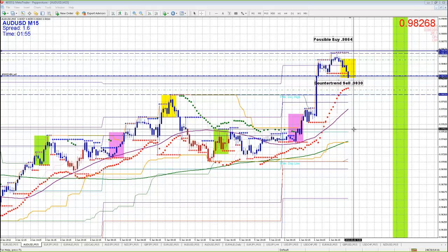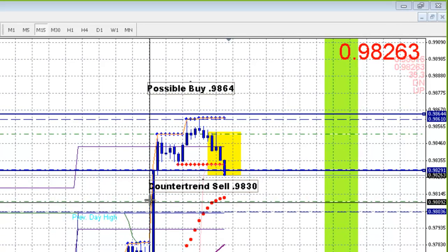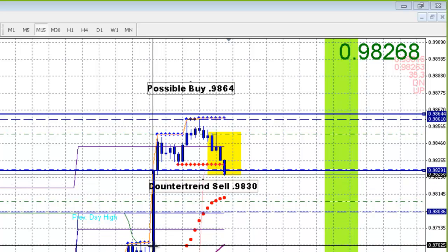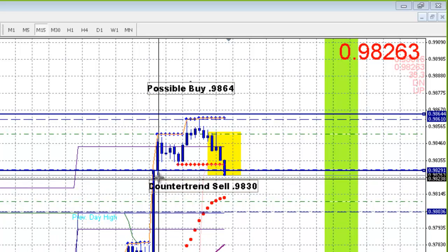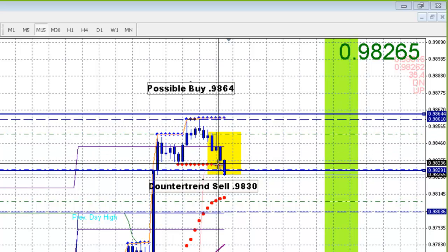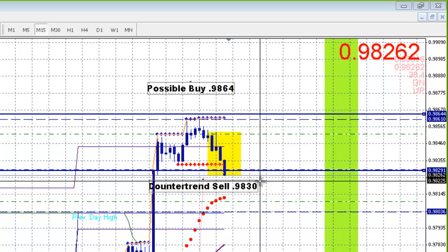We just got triggered on our first trade of the day. What you're looking at is the 15-minute chart of the Australia US dollar. Throughout the Asian session, it turned bullish. There was some better than expected news about Australia that triggered the price to go up. So what we did was we took a counter trend sell at 98.30, currently up about 3 or 4 pips